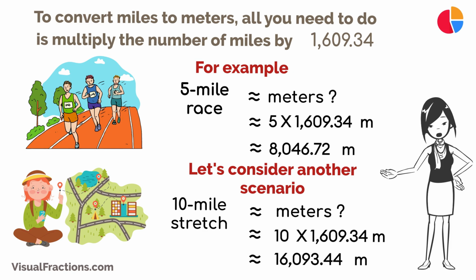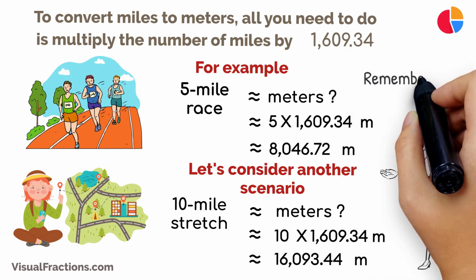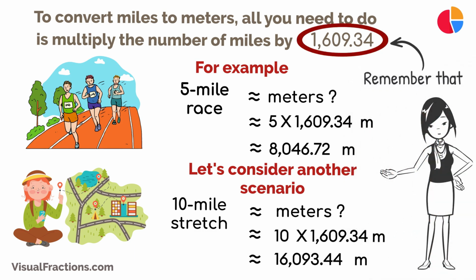Converting miles to meters is a straightforward process. Remember that 1 mile equals approximately 1,609.34 meters. With a bit of practice, you'll become proficient at making this conversion, allowing you to work with metric